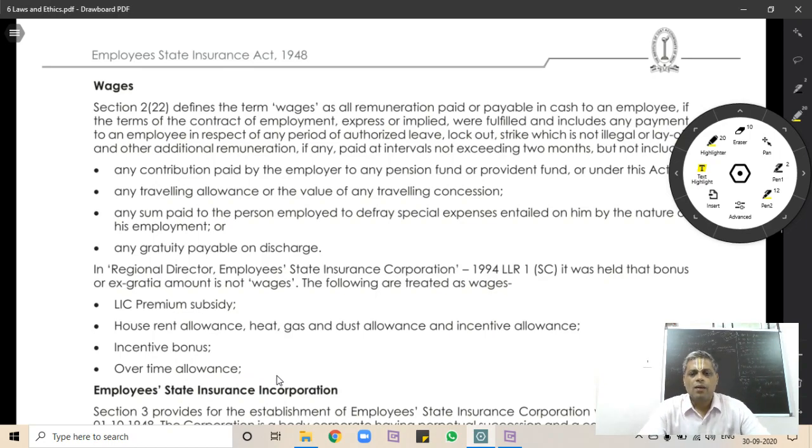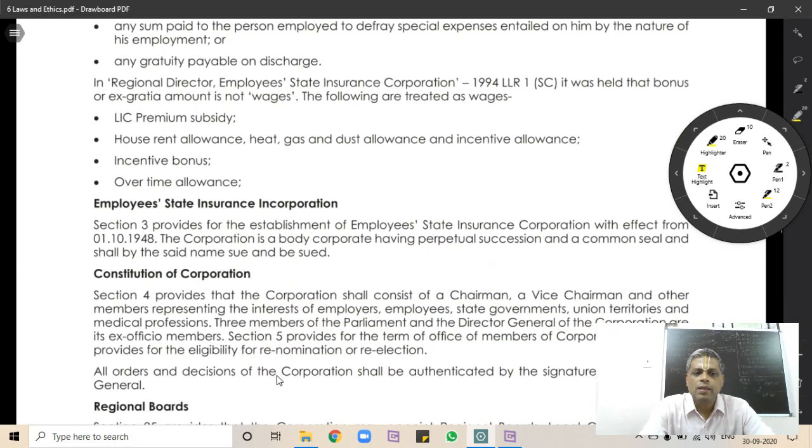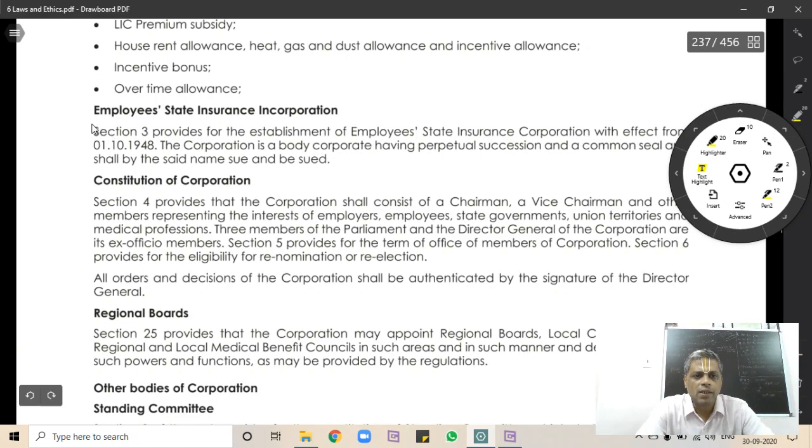Now, we are done with the definitions, and we will go through what is the Employees' State Insurance Corporation, how it is established, who are all members, how it is constituted, etc., in the subsequent class. Hope you have got some understanding of the definitions of it. Please go through these classes and come back to me at